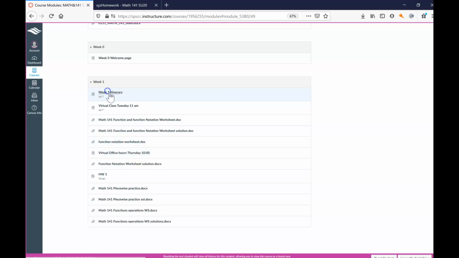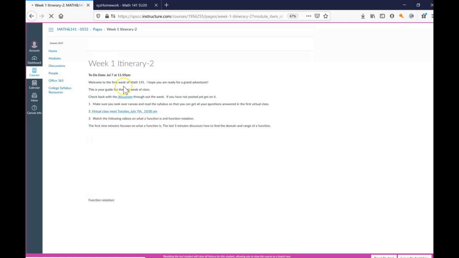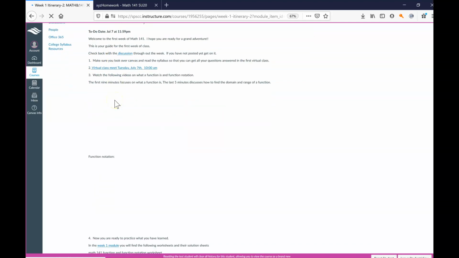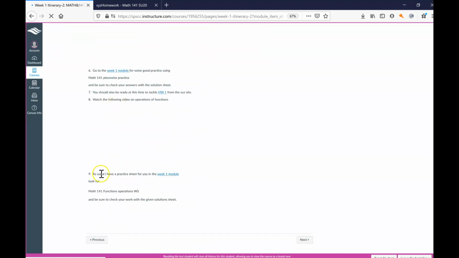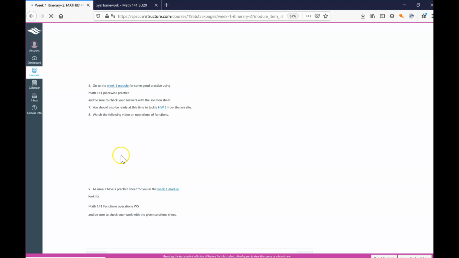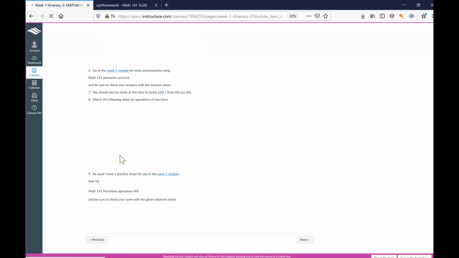so if we go back to week 1 module, week 1 itinerary, again, the idea is what's going to drive this class for you is these itineraries. And if you just work through the itinerary step by step, keeping a good pace, you should be able to finish this entire itinerary by the end of this week. So notice there's 9 items. There's looks like about 5 or 6 videos to watch, some worksheets to work on, and